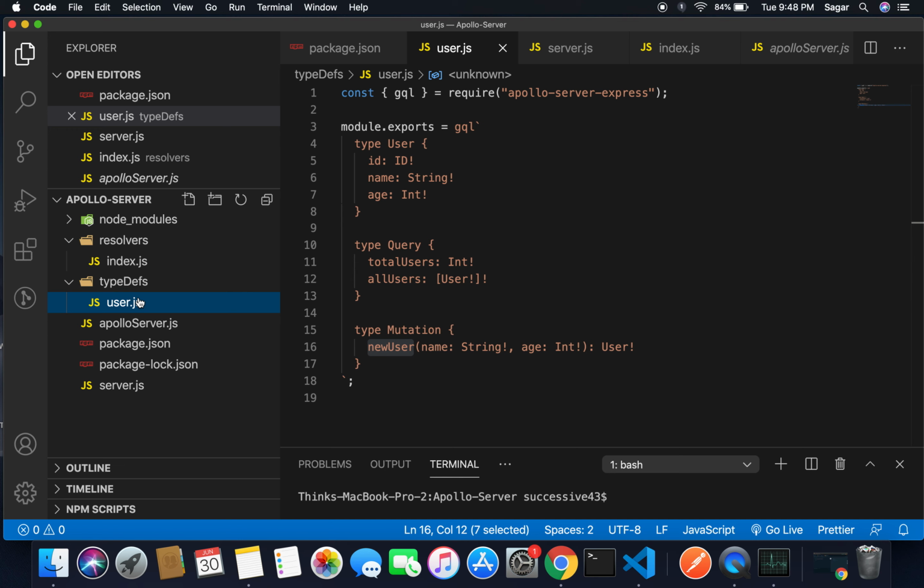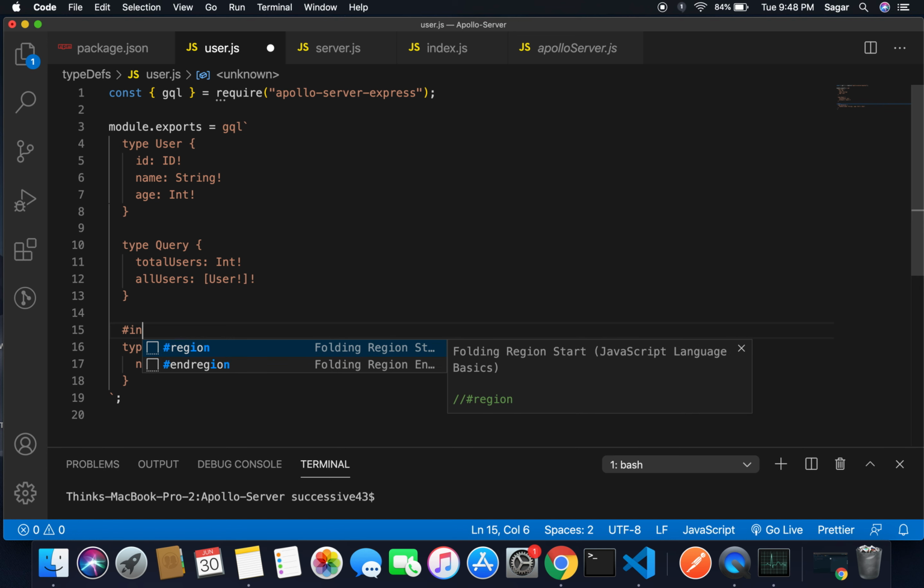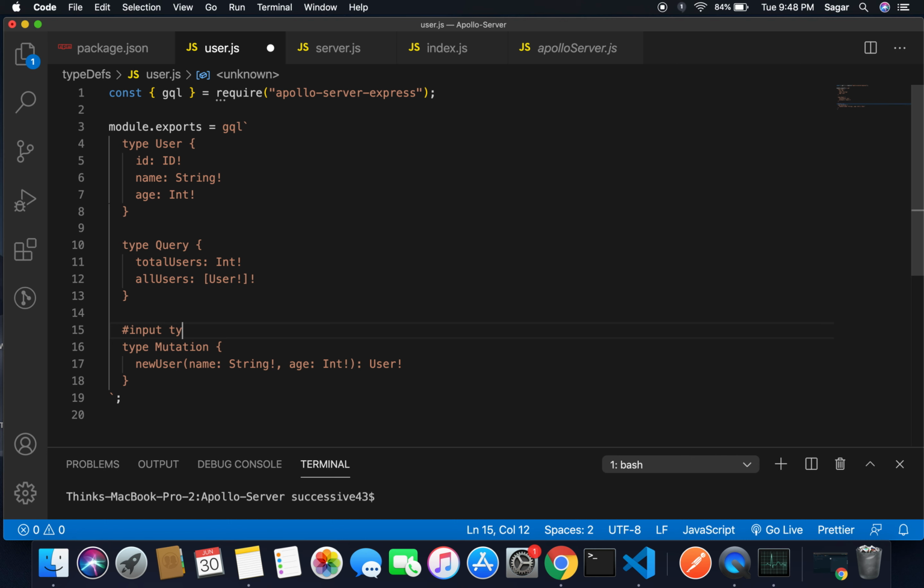I'm going to move to my user.js file in typeDefs. Inside it, we are expecting the name and age as the parameter, so I'm going to use an input type here. I'm going to just make a comment here. You can make a comment using a hash inside the GQL. So I'm going to use input type, and inside it I'm going to use input, and